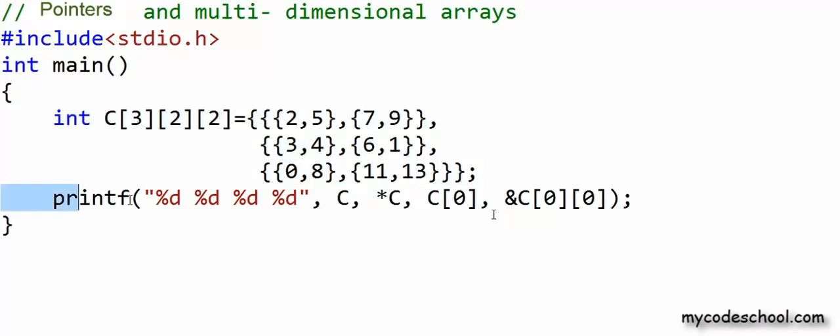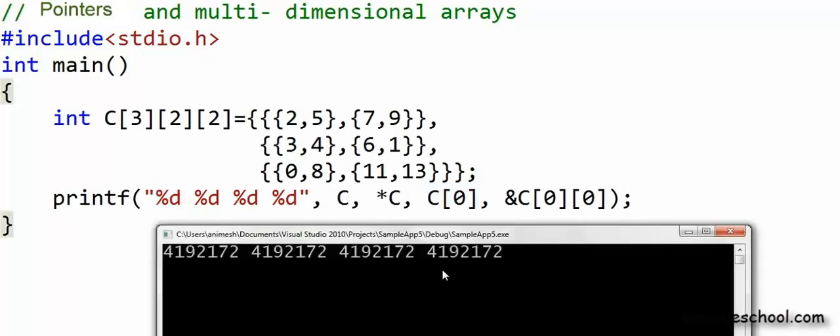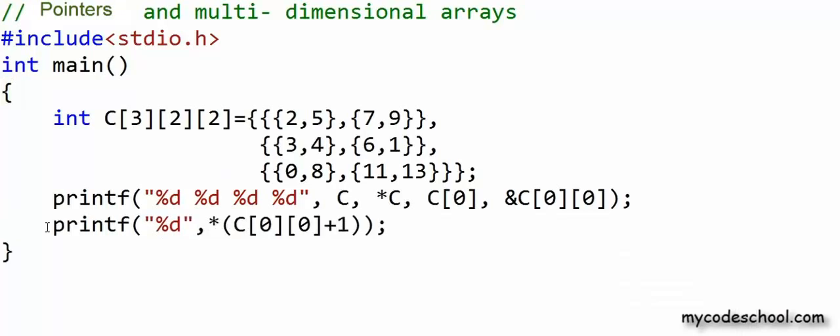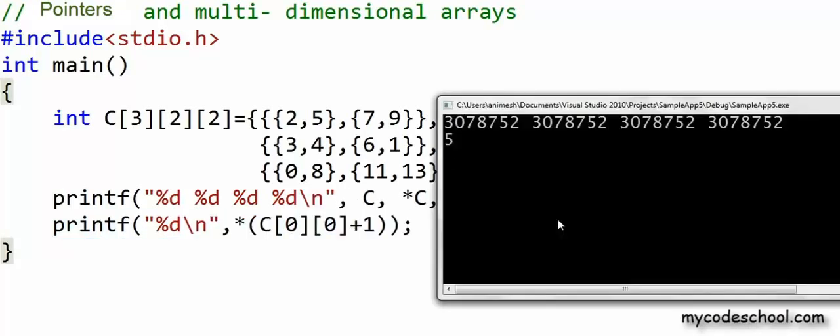In the first printf statement, I'm trying to print C, *C, **C, C[0] and &C[0][0]. All of these are pointers, and if I would just use %d, address would be printed. When I'm running this code, as you can see, the output for all these 4 expressions is same. Any guesses for what will be the output for this printf statement? This expression is nothing but